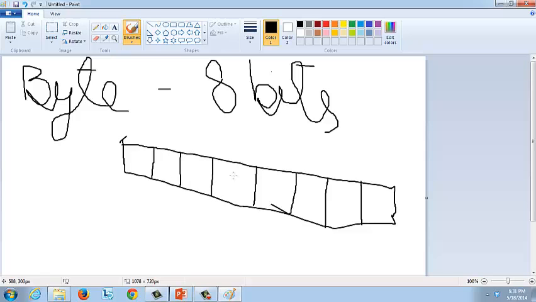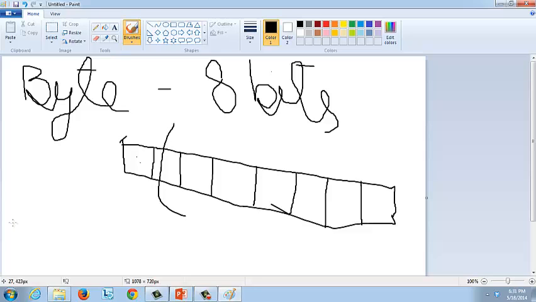One, two, three, four, five, six, seven, 8. The first bit will be reserved for the sign of the variable. Since a byte is signed, it will reserve for either a positive or a negative. It will indicate the sign, and the rest of the 7 bits will define the range.